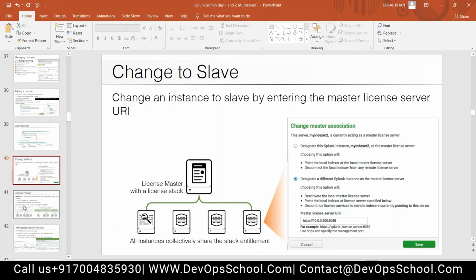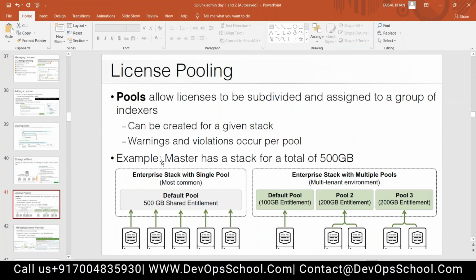The same concept he is mentioning here. Now, there is one more concept of pooling. I think it will be utilized in your environment mostly. I'm not sure, might be, but you can also utilize it. So what a pool of license is basically,